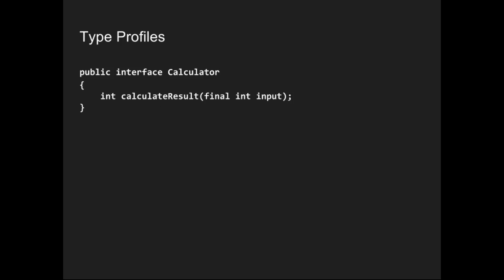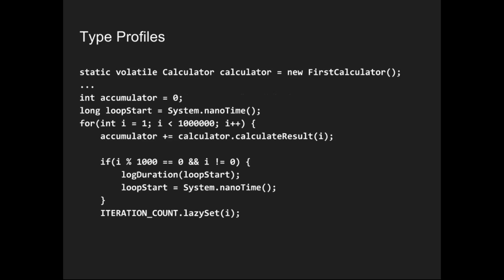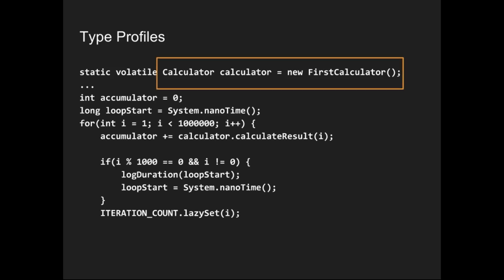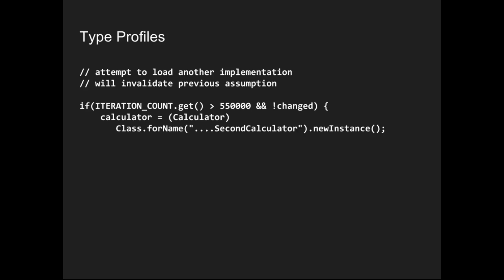So in order to demonstrate this, we've got this very simple interface Calculator which takes an int and returns an int. To demonstrate it, I have a very small test harness. We have a static volatile Calculator, which is the first calculator implementation. And in this loop, I just iterate over a loop 1,000,000 times, accumulating the result of calculate, and every 1,000 iterations logging out how long it took to do those 1,000 iterations. So here's our first instance. Here we are calculating the result and accumulating. Now, in order to trigger the type profiling behavior or the uncommon trap, in another